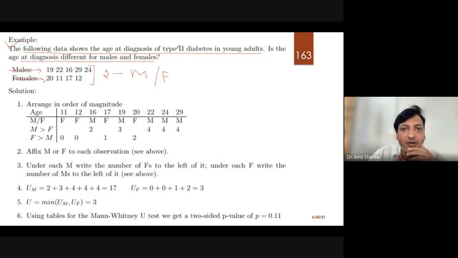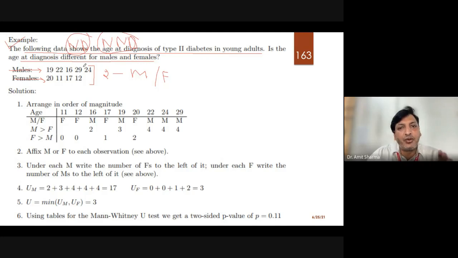Clear? So different ages of males and different ages of females have been given, but here they have not discussed normality. So this is a confusing situation. Here you cannot identify whether I should go for parametric or non-parametric unless the examiner writes that the following data is normally distributed or not normally distributed. He should write it on the numerical itself. The data which he has shown for males or females is distributed or not normally distributed. If distributed, go for the independent t-test. If not, then go for